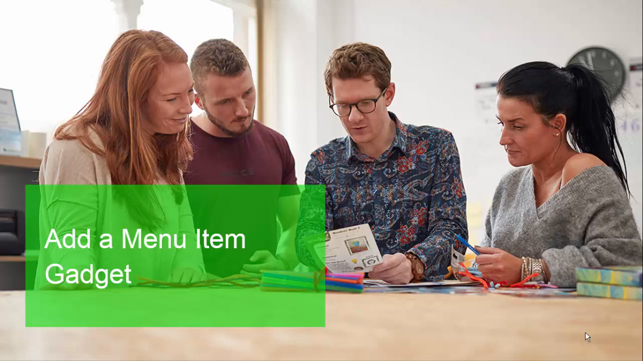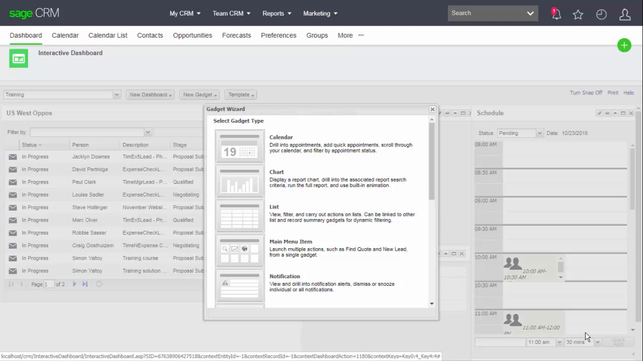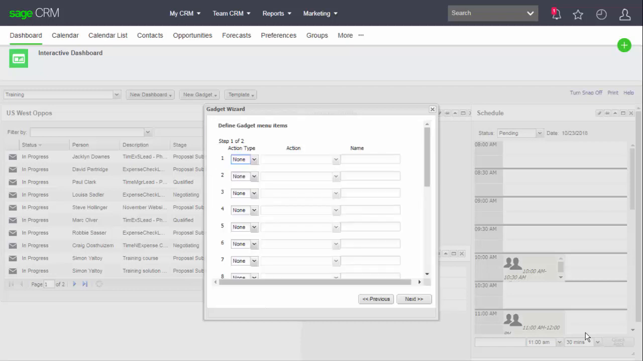The interactive dashboard can become the central workspace for a user, and many standard tasks, these are the actions driven from the main menu, can be invoked directly from a dashboard. I'm going to add in a new gadget, and so I'm going to choose Create Gadget, and you can see here the main menu item option, and so I can add in now the main menu actions that I want